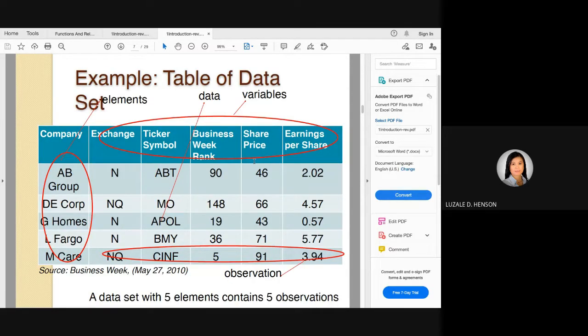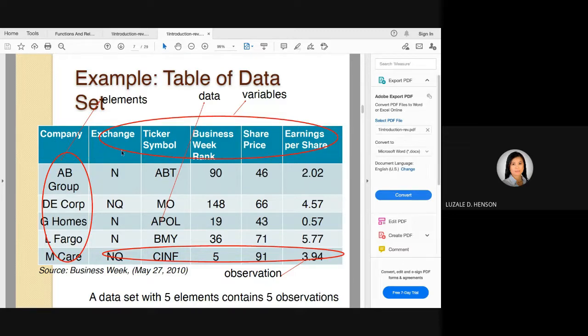Okay, we have already here different, this is a table. The source is from a Business Week taken. The data is dated May 27, 2010. As you can see, this is a one-time data. So that column right here under the company heading is what you call elements. So, for example, result of your survey, respondent 1, respondent 2, respondent 3, they are elements. And column headers after the company,